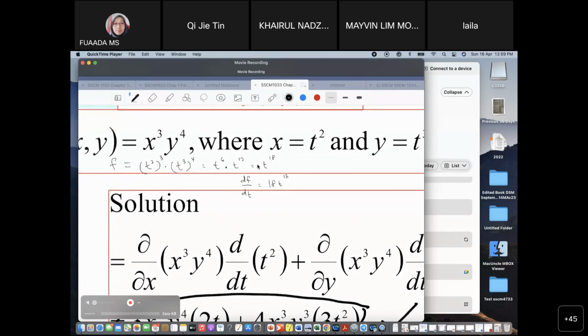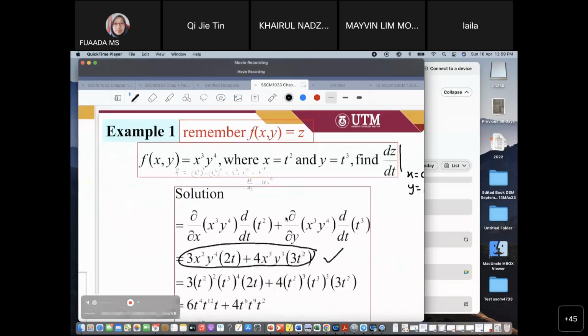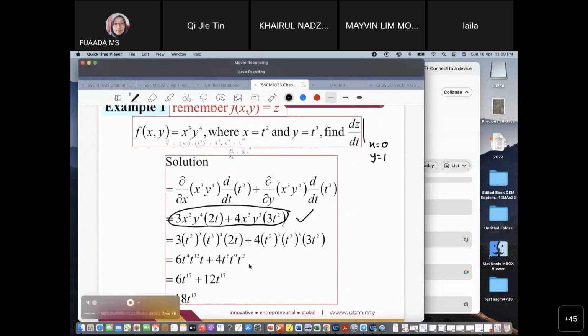Tak ada penjuru dalam ni kan? So, I will give you 0. Because the question asking for using chain rule. Even though kita tahu, as you can see, the calculation is quite long. But at least you implement the chain rule that you have learned in this course. Okay, so please